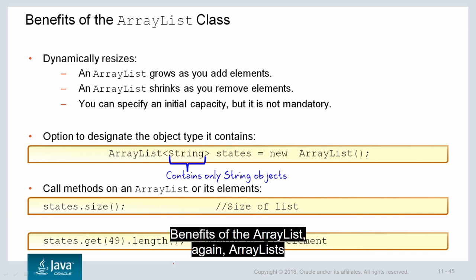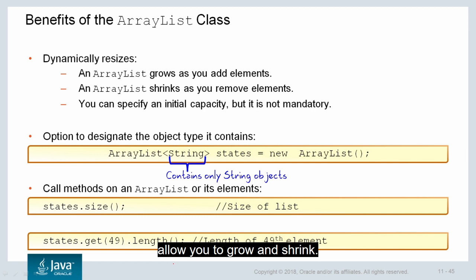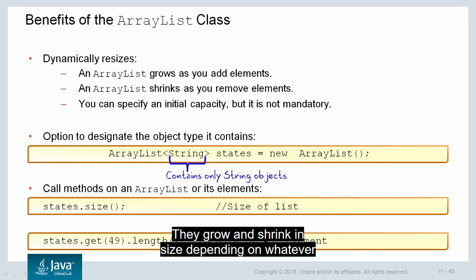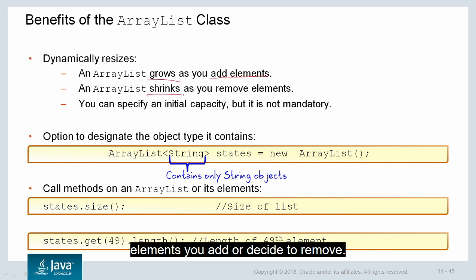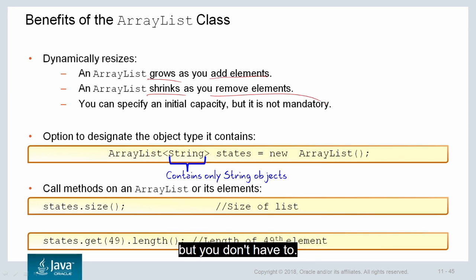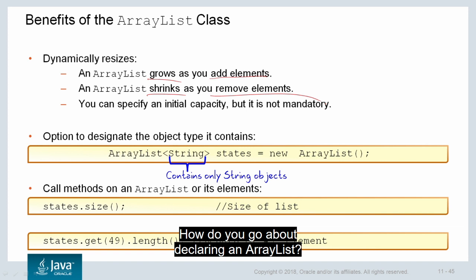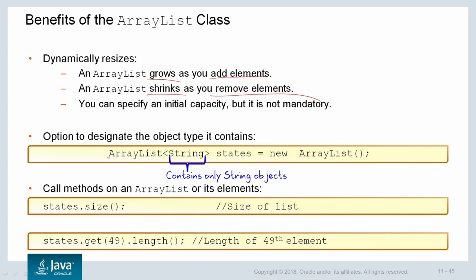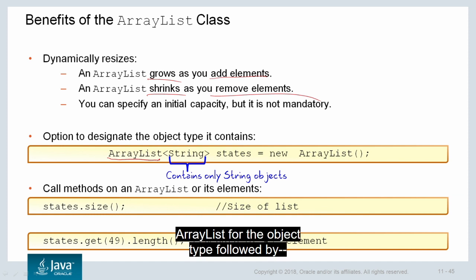Benefits of the array list, again: array lists allow you to grow and shrink. They grow and shrink in size depending on whatever elements you add or decide to remove. You do have the option of specifying an initial capacity, but you don't have to. How do you go about declaring an array list? ArrayList for the object type, followed by,